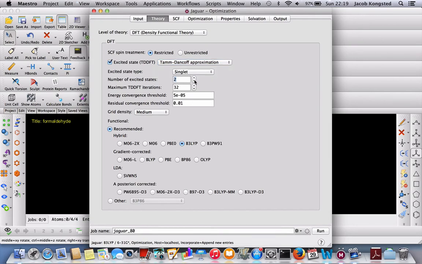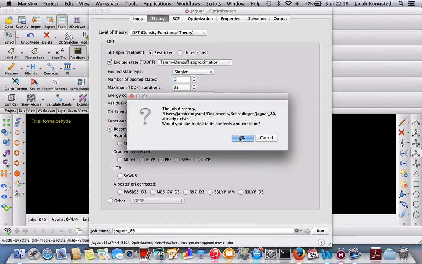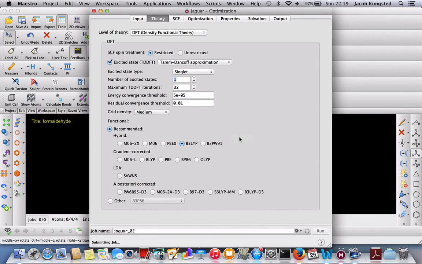So by constructing an input looking like this with a 1 here, by pushing run, now the program will actually optimize for me the lowest excited state in formaldehyde, which from the analysis before I now know I can attribute to an n to pi star electronic excitation process.